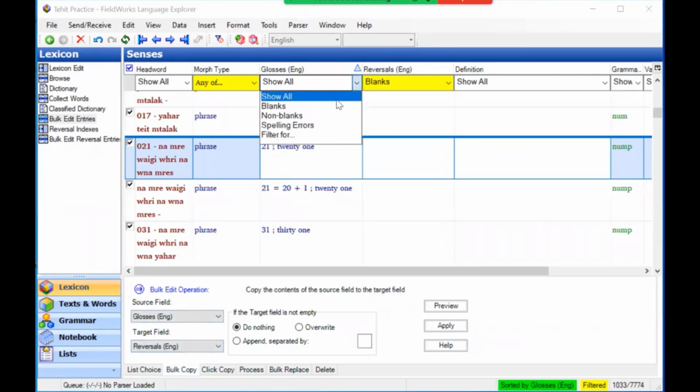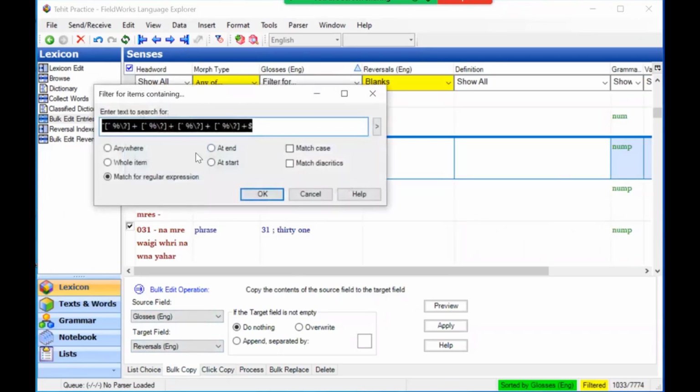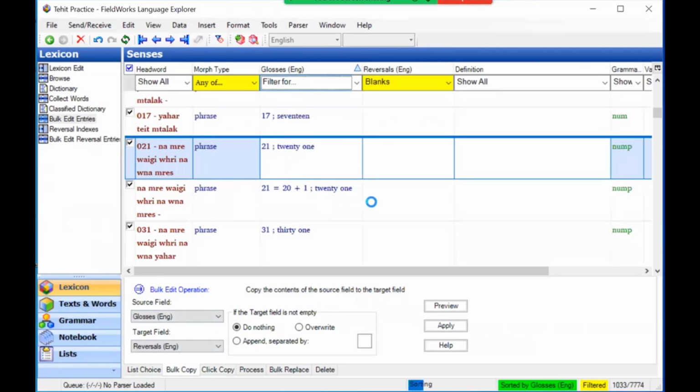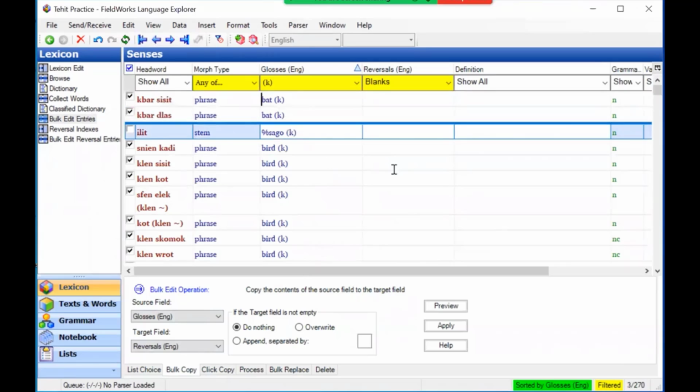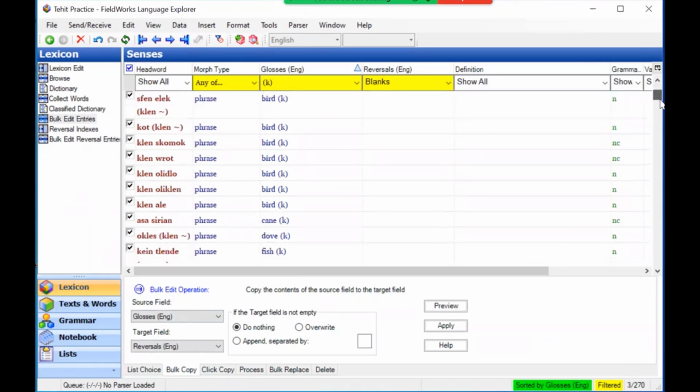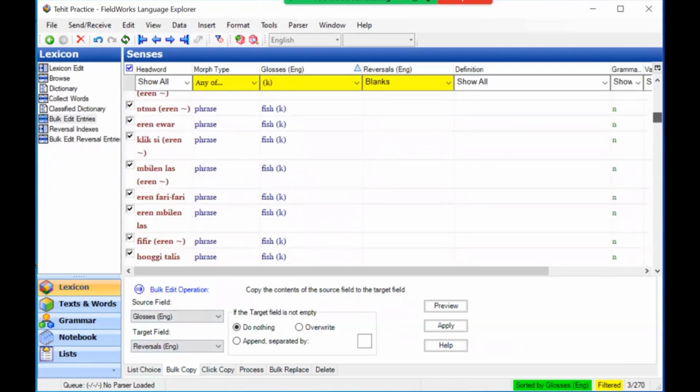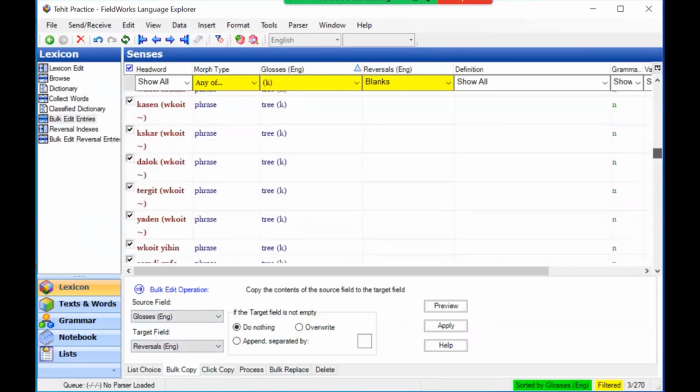Okay, so let's filter for the parentheses K again, but this time I'm going to click at end. We won't make a regular expression, so now I don't need to escape the parentheses. I'll just type that, and it says at end. So when I click that, now I see 270, but I see this one with the parenthesis, and could look through for any that seem,